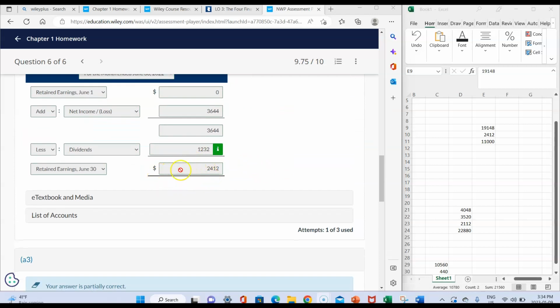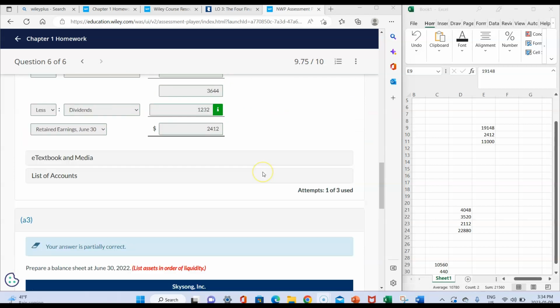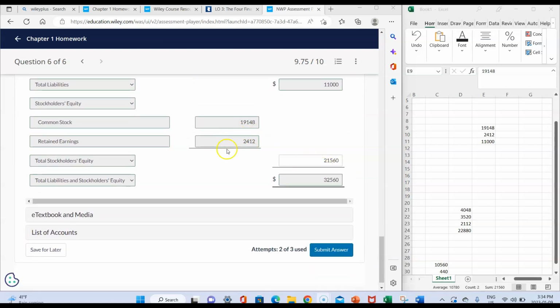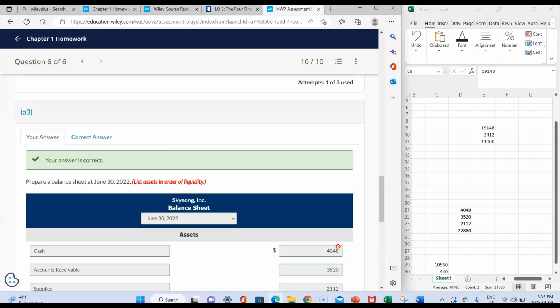And our retained earnings down in our equity section is from that statement of retained earnings. So those are our total stockholders' equity, our total liabilities and equity, and woo, your answer is correct